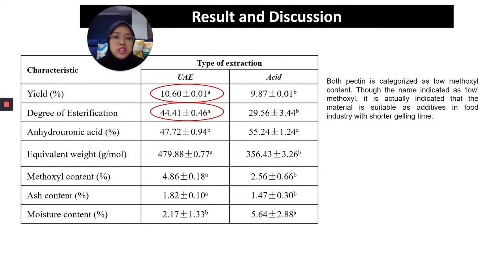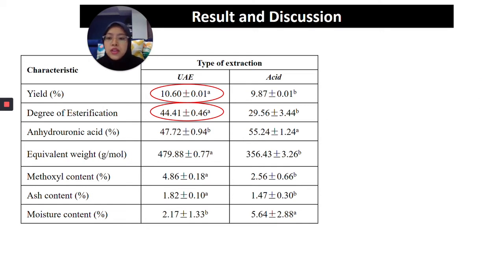No, it actually indicates that it is suitable for the food industry with shorter gelling time, while high methoxyl content requires sugar to gel. Both are good, but the one commonly used in industry is the high methoxyl content. Okay, and then the anhydrouronic acid value is higher in